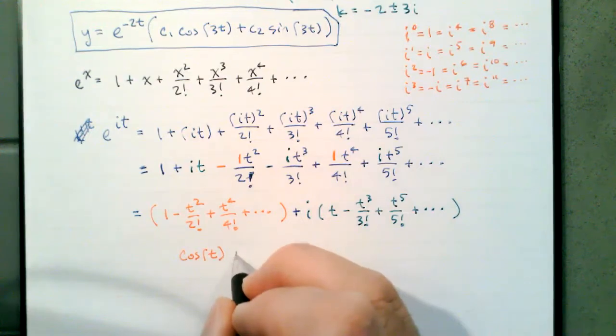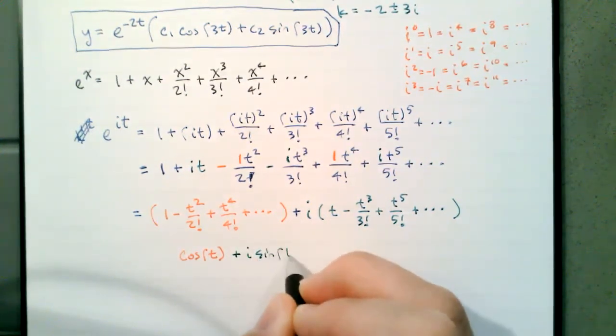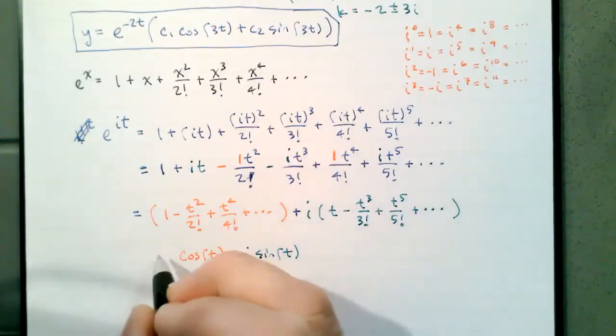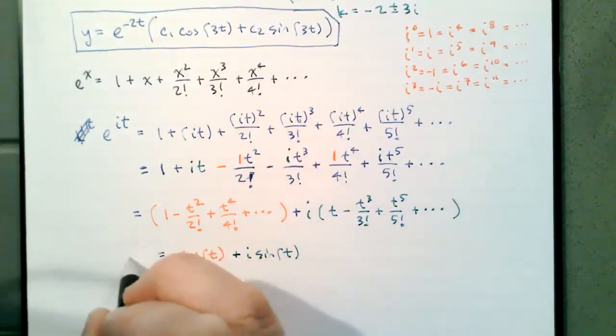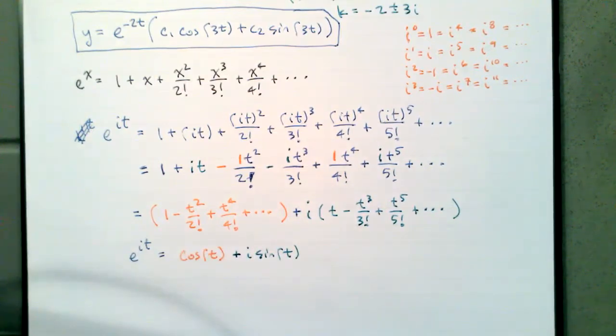So this is plus i times the sine of t. So knowing that e to the it is cosine of t plus i times the sine of t,